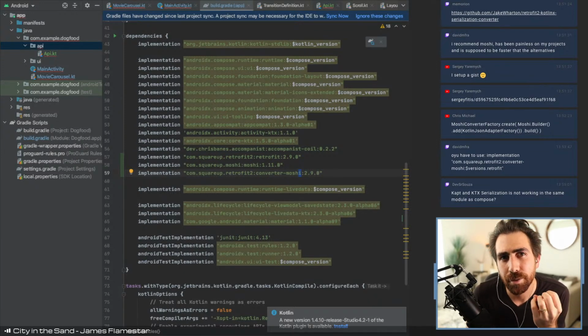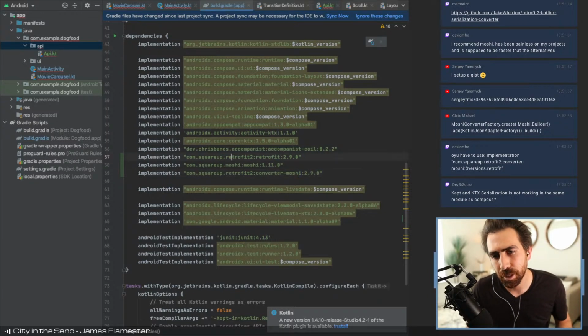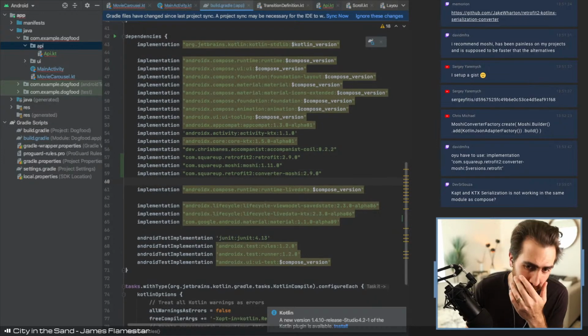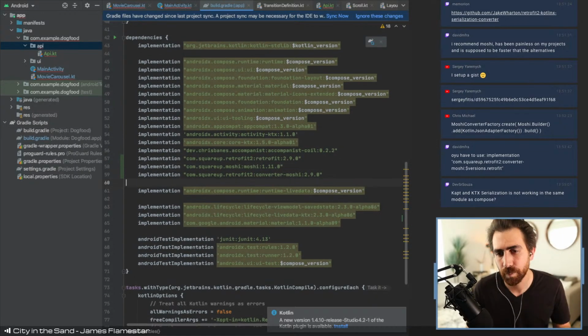Yeah, I don't think that right now the Kotlin X serialization is going to work in the same module. We can use a separate module if we want, but